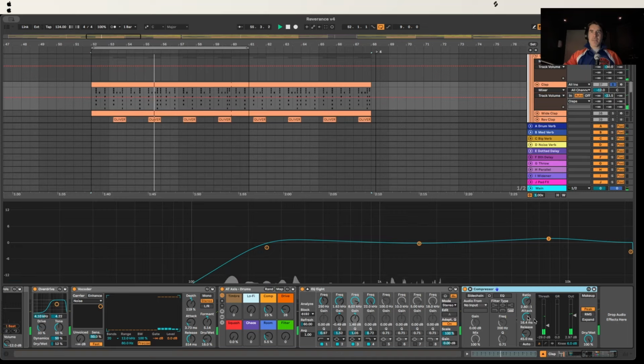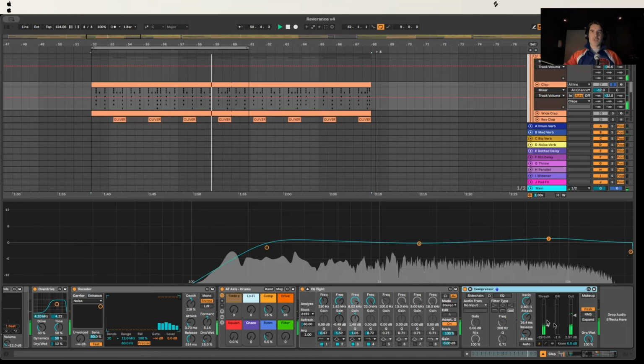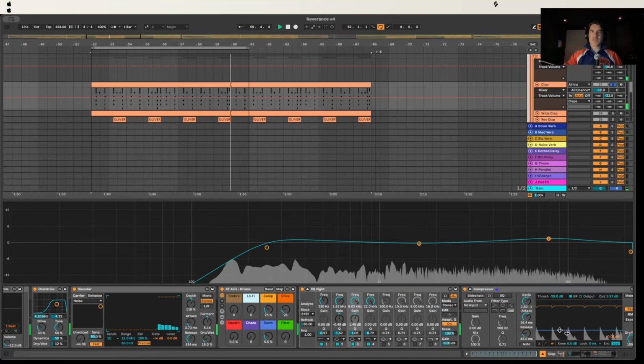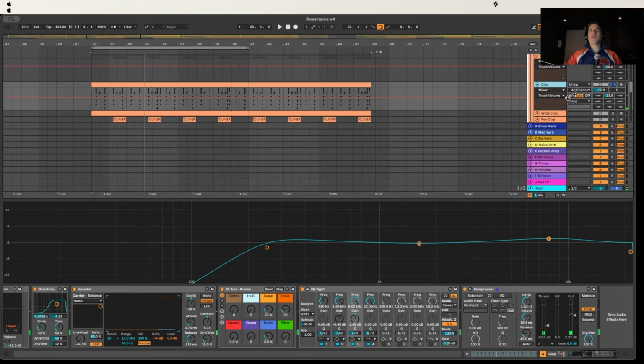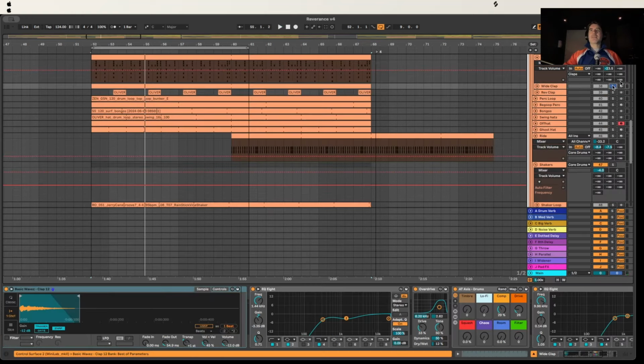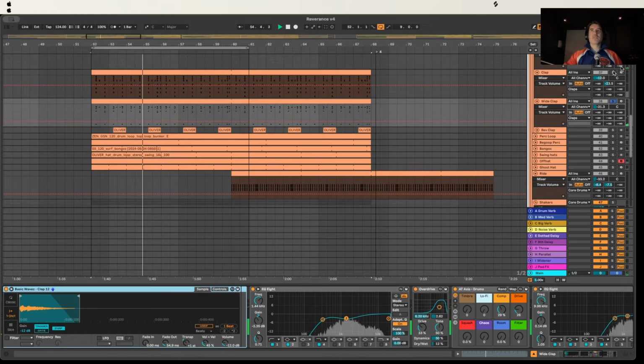Basically just letting through the transient of the attack. Quite a quick release, not too much ratio, so it's quite a gentle bit of compression, just kind of affecting some of the immediate transient there, just after the transient. Okay, good. The other thing I've added to this is this wide clap, which together